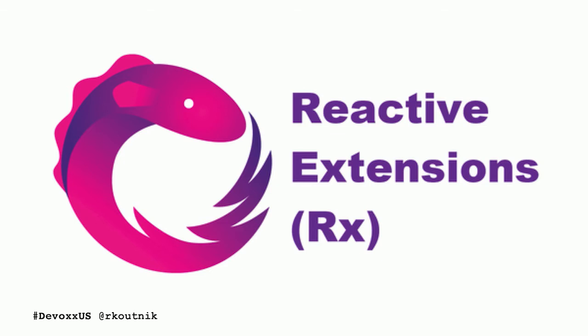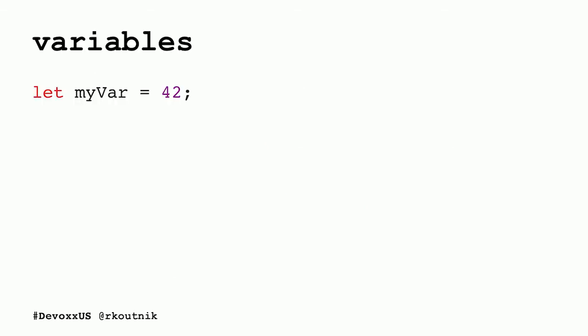So in order to cover what an observable is, let's cover some ground to make sure everyone's on the same page. This is a variable. It contains a single value. Stop me if I'm going too fast. Not only does it contain a single value, but it contains that value at the moment we declare it. When we want it to hold the value, it does.